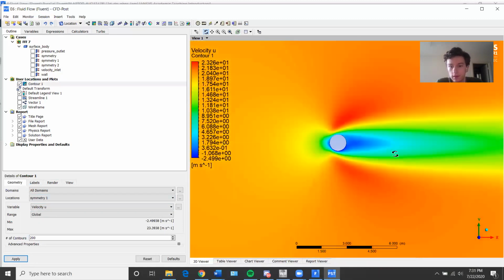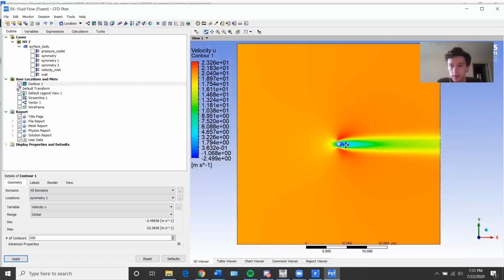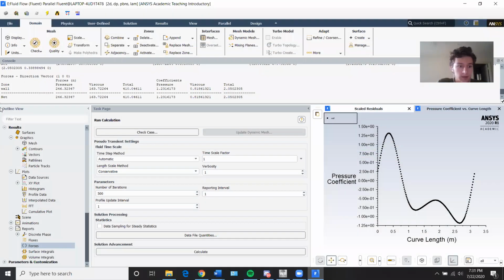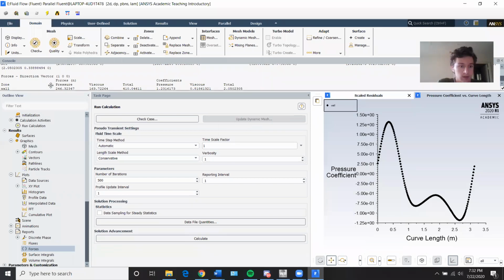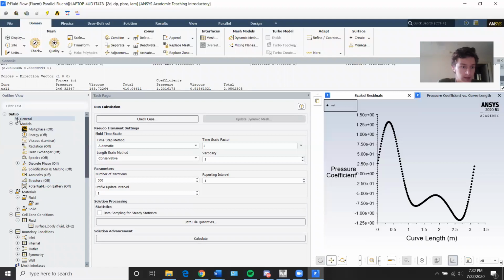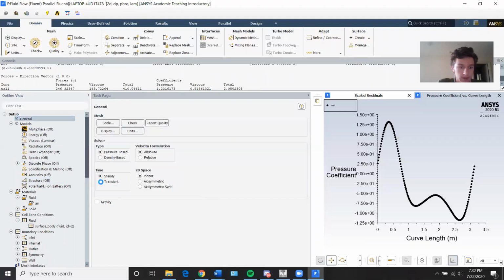All right, nice. So that looks pretty good. Now that we've got all of that, let me show you how to set up a transient model. Just because, but like I said, I'm not going to run it because it'll take too long. So we'll go to General, set time to transient,